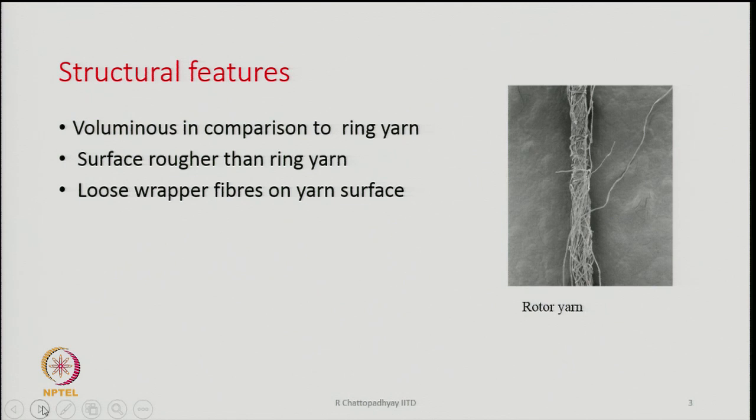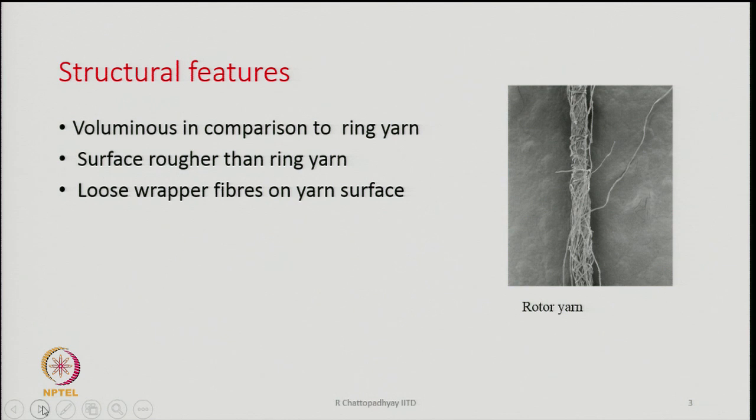Next thing is, loose wrapper fibers can be seen on the yarn surface. We will find a lot of fibers which are loosely wrapped. They are really not twisted, they are simply wrapping around the main body of the yarn. We call them wrapper fibers. This will be also visible,